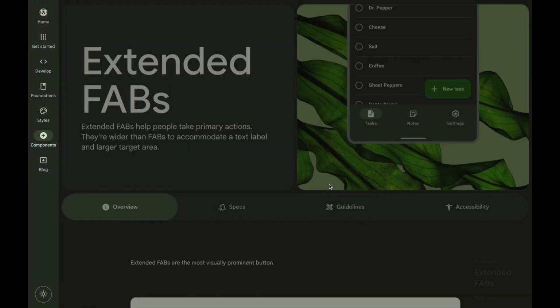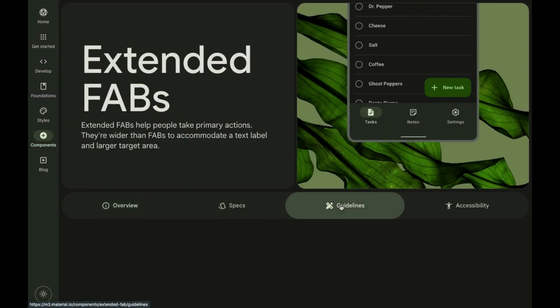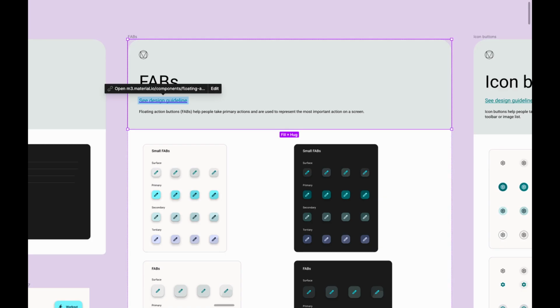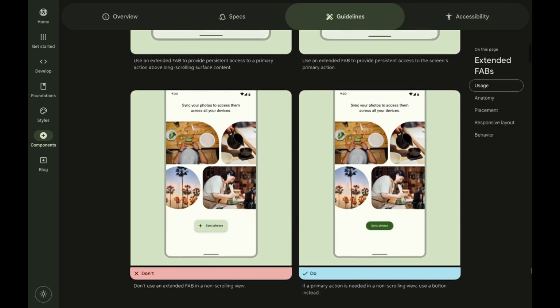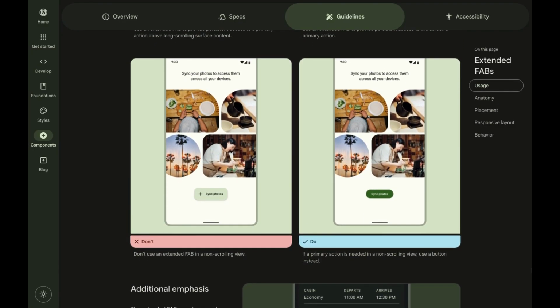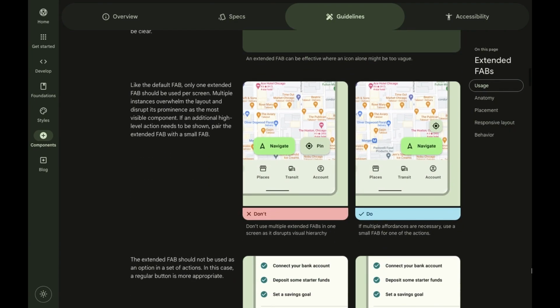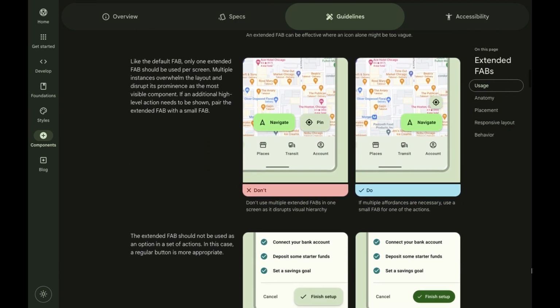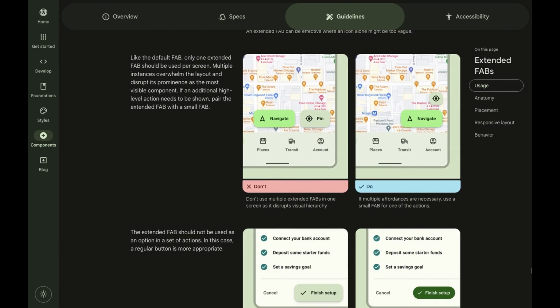If you visit the components page for the FAB and the extended FAB, you'll find links to them in the description as well as in the Figma file. You'll find specs and guidelines on color, placement, some do's and don'ts, and everything that has to do with the FAB and its use. So let me share with you how I used a FAB in the design of my